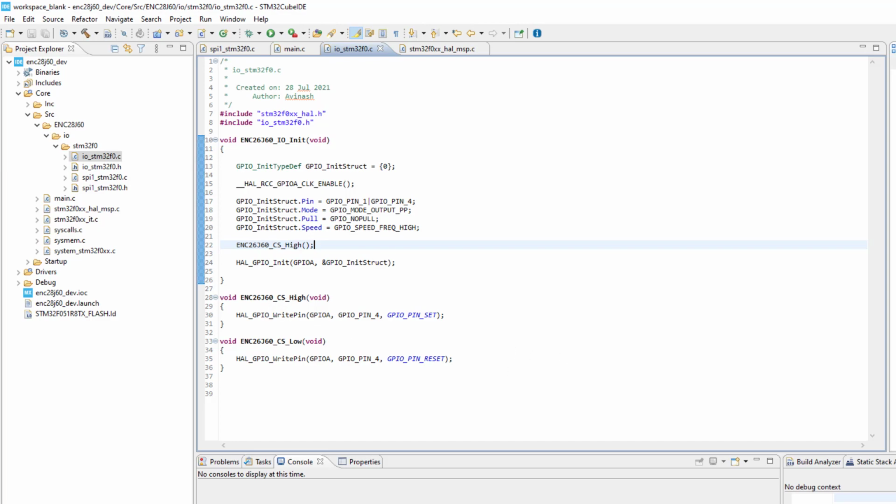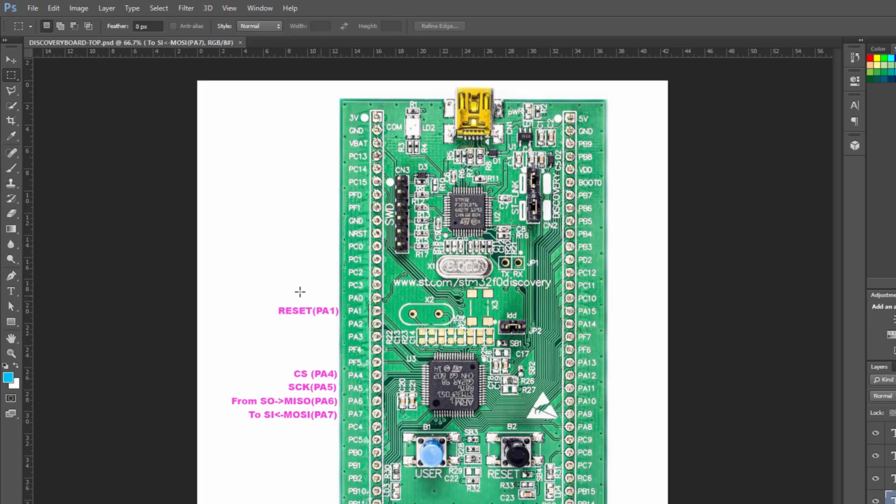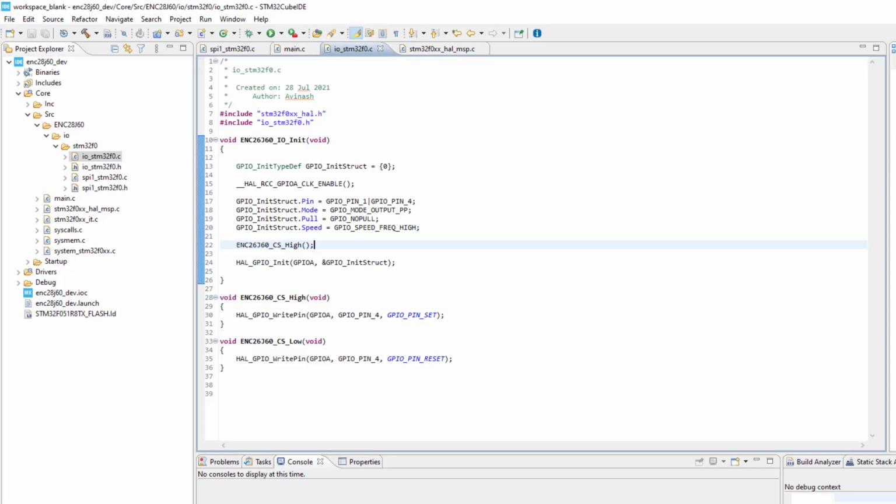One part is done. The second part is the control of this reset pin, which is on PA1. It is also very simple.